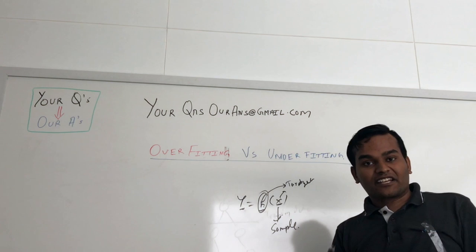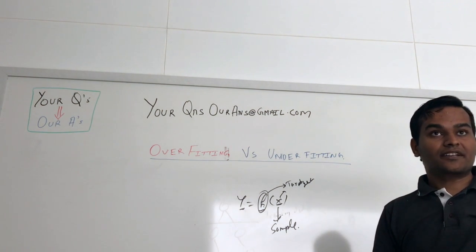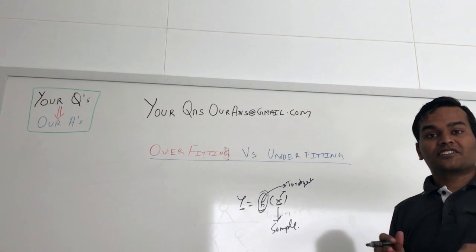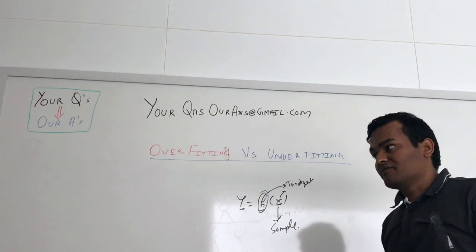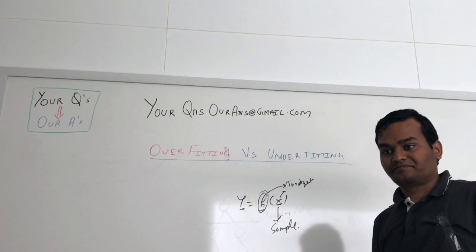The simplest example that I can give is the decision tree. In the case of a decision tree, if you do not do any pruning or anything, you just build the decision tree. If you do not do the pruning, it can even model the noise.